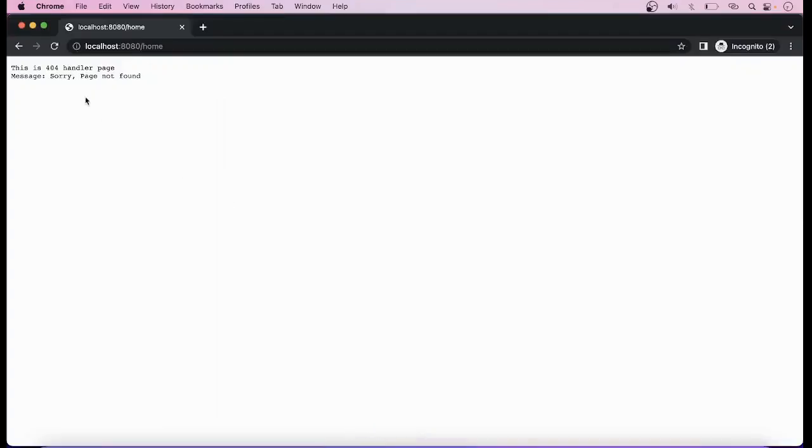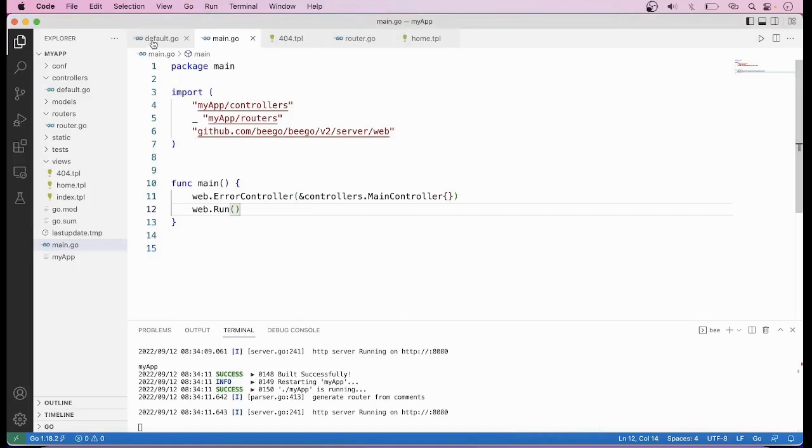Now let us go to the browser and refresh this page. And here you can see that this is 404 handler page, and the message sorry page is not found. So this is another way in which we can register our custom error handler page. Here you can notice one thing,